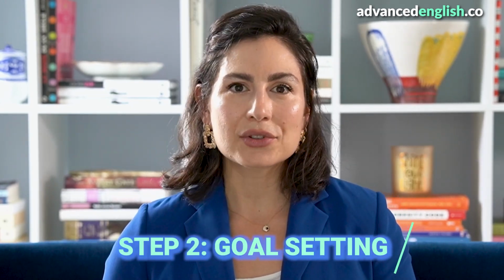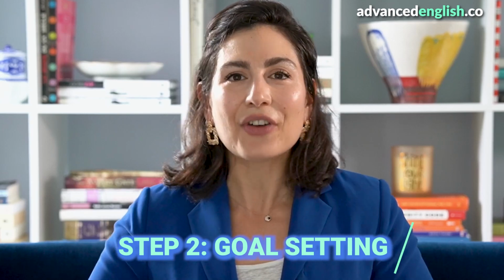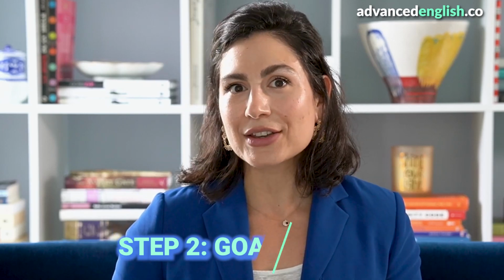Step number 2, goal setting. Determine your goals. Do you need to get really good on the phone and work on your telephone skills? Do you need to be good face-to-face? Do you want to be able to hold a conversation in English when chatting with friends? Think about what's your priority and what's most important to you, and then you can decide what pronunciation goal needs